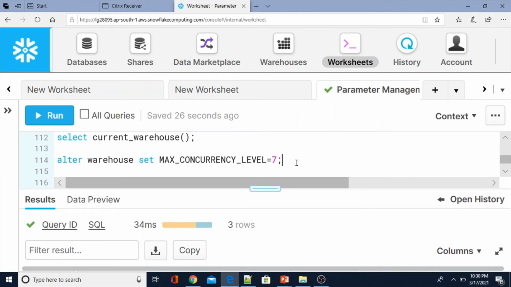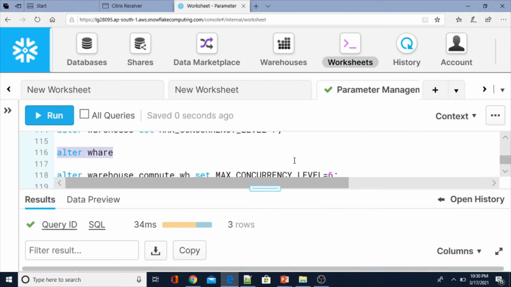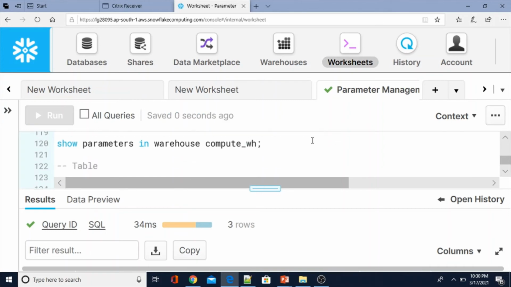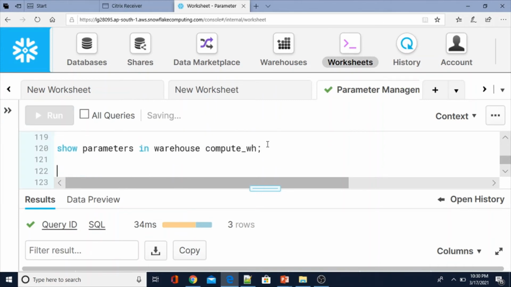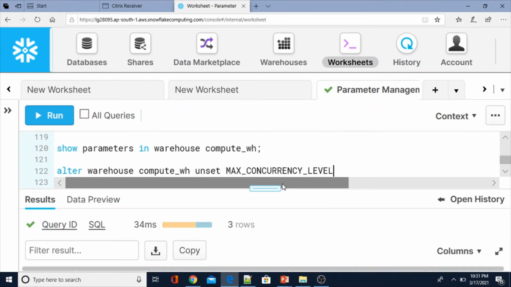How are you going to unset it? Just alter. Let me execute show parameters first. So here, alter warehouse compute_wh, unset, and the parameter is max_concurrency_level.